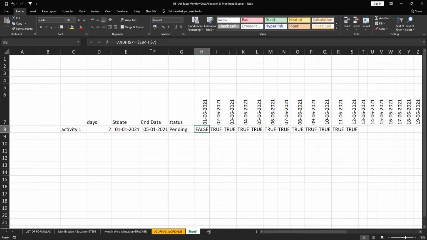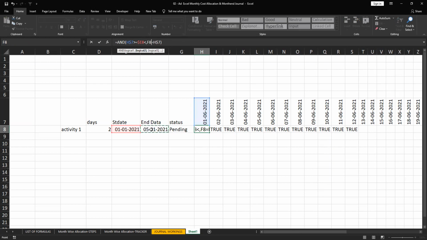No, something is missed here. So comma, this I need to do. Why? So I missed something. This is greater than or equals this.